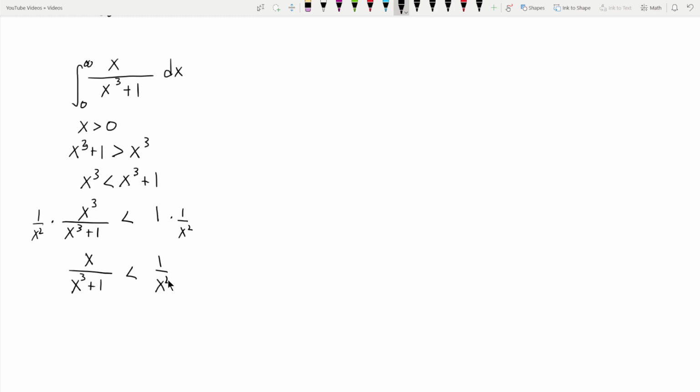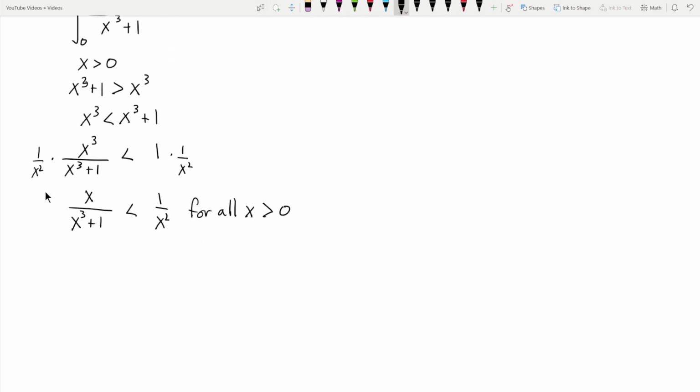All right, so I have shown, and this is true, again, for all x greater than 0. Now, we've already seen that the antiderivative of 1 over x squared converges. The p-test says it converges because the exponent 2 is greater than 1. So I don't really have to do much else here, except I do want to